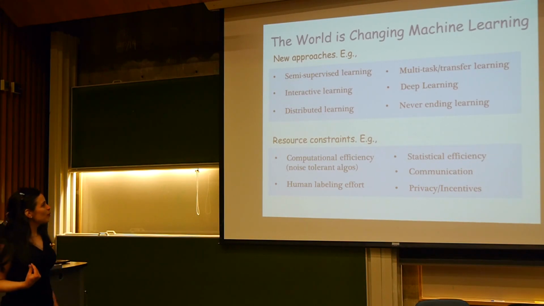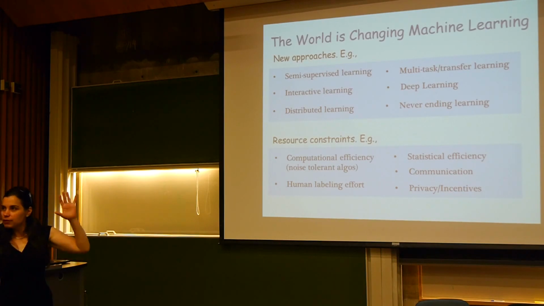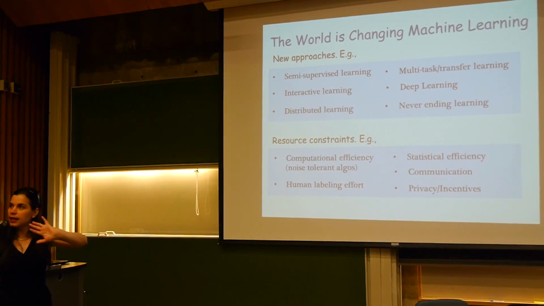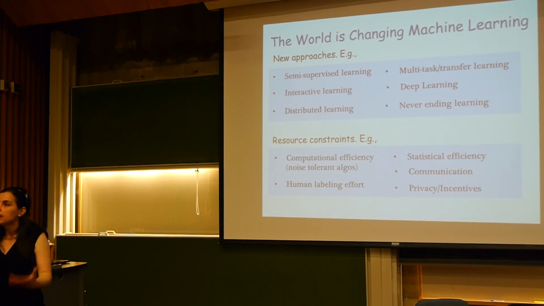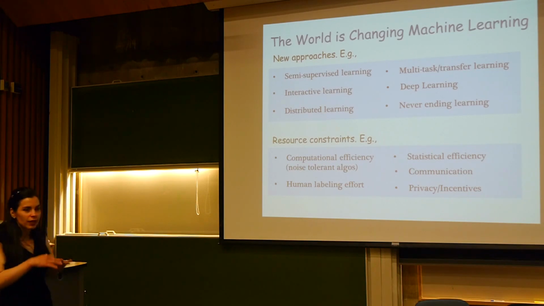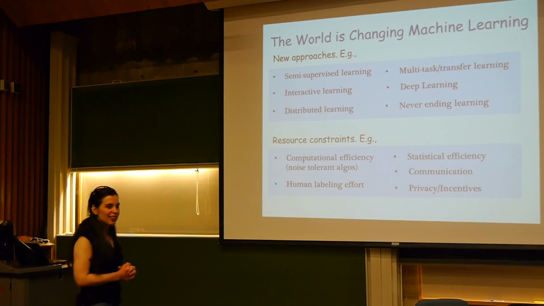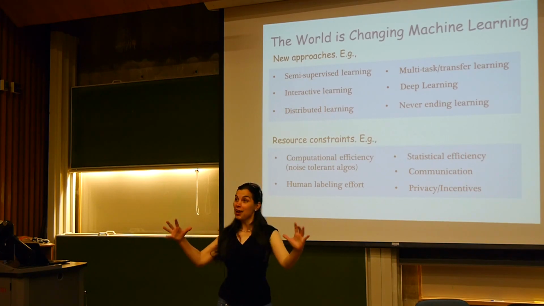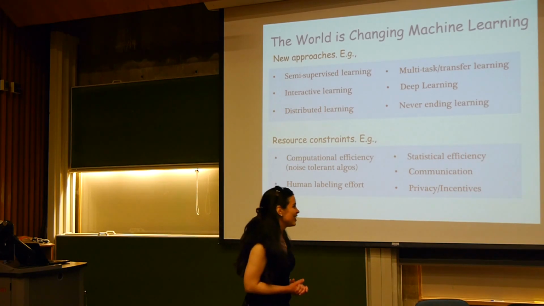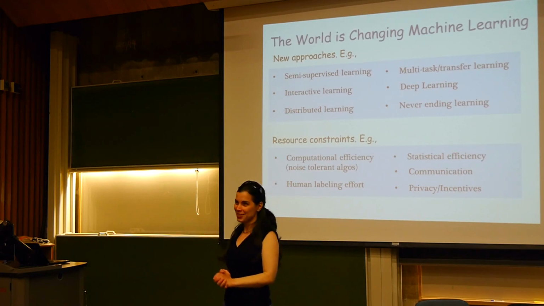And this is, I think, what happens currently. Okay, so this is kind of a current picture. And of course, there are issues of scalability, right? Even for the classic constraints like computation, there are many issues regarding scalability and so on. But this is really a picture of the current machine learning. And at the end of the lecture, we'll talk more about the future machine learning. But even the current machine learning was very different from machine learning 10 years ago. So lots of exciting topics.